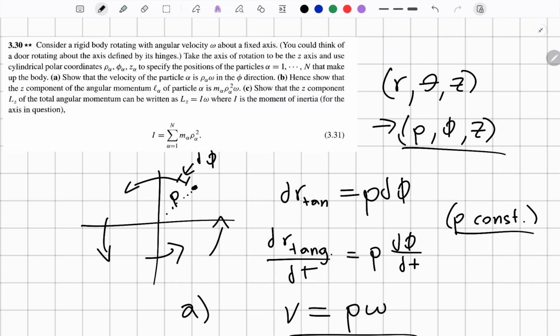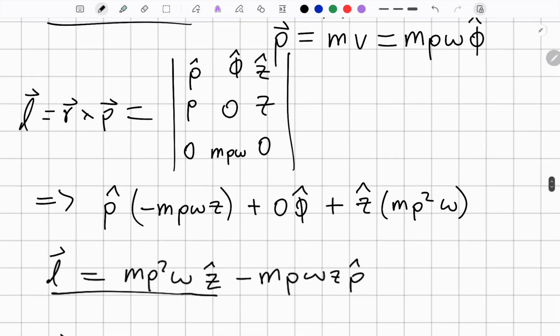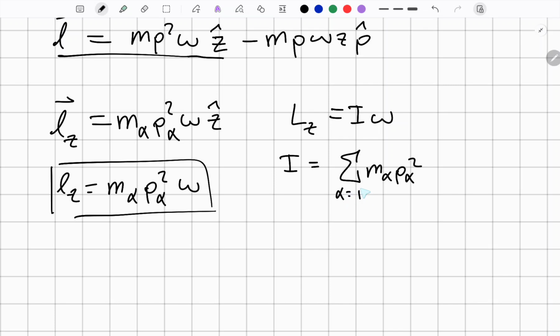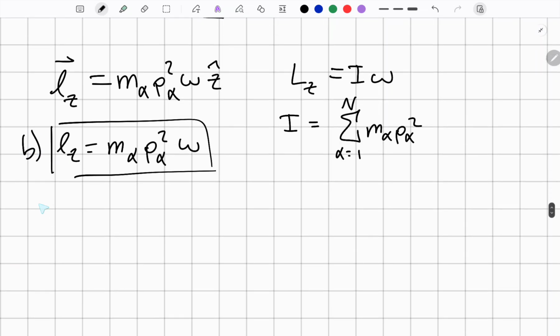So we did that. Now we need to show that the z component of the total angular momentum can be written as L z equals I omega, where I is described by this equation right here, summing from 1 to n. And we know, this was part B, we know